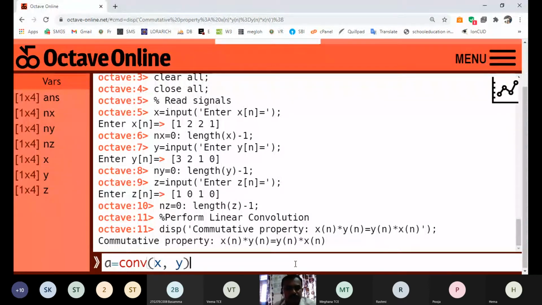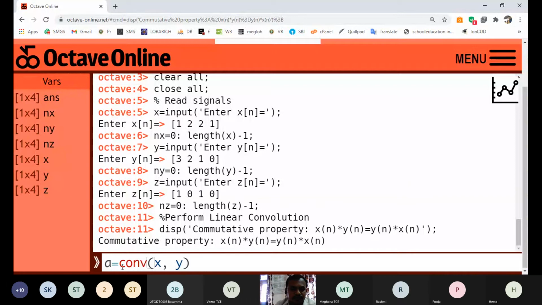The function uses two arguments, and those two arguments are the two signals. If you want to store the result somewhere, we can use a variable. The convolution function is going to perform linear convolution of two signals and return the result. Once the result is returned, you can store it by using a variable.